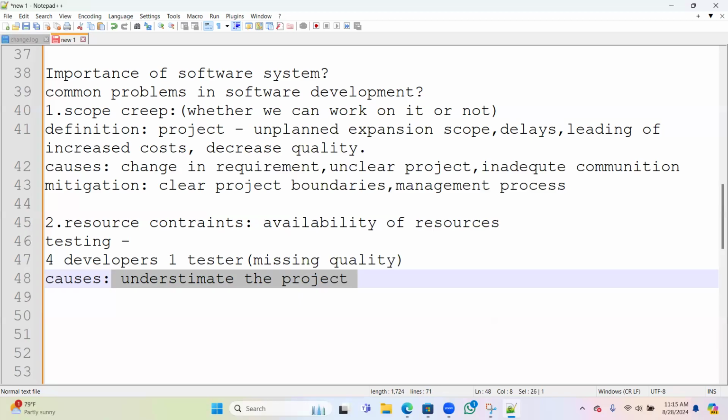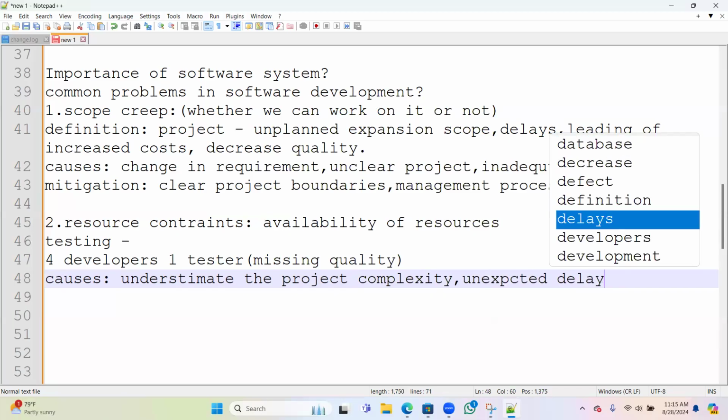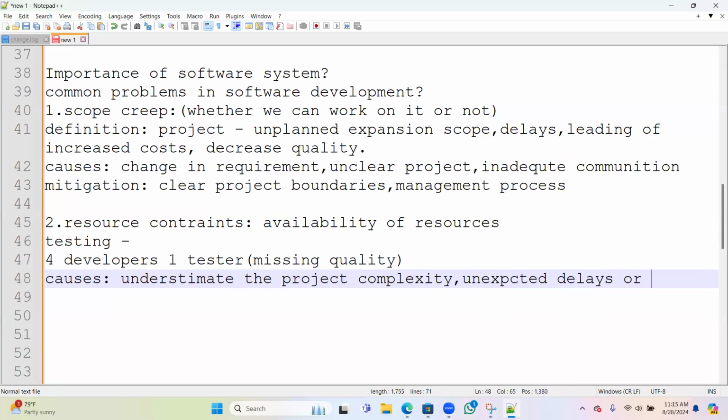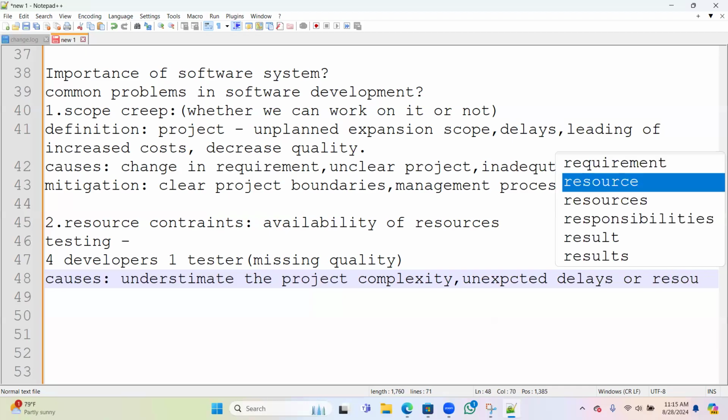We finalized that we need only one tester, but in real time, we need three testers. So we are underestimating the project. We don't know the project complexity. That's why it happens, or because of any unexpected delays, or resource allocation.